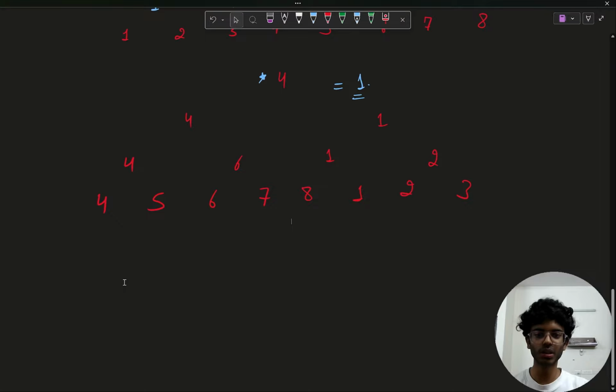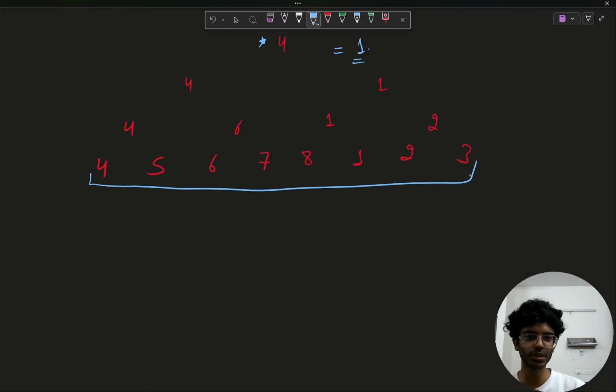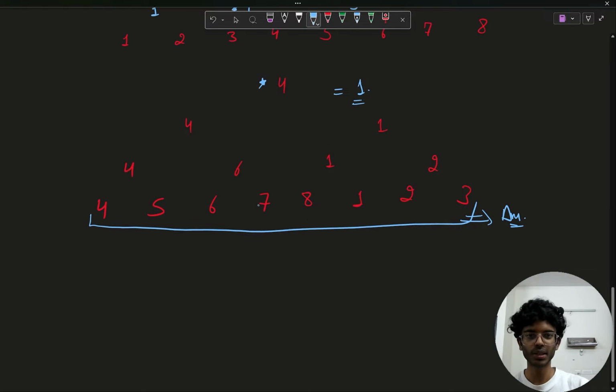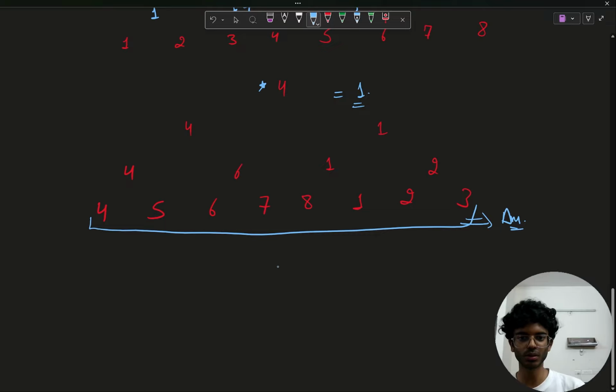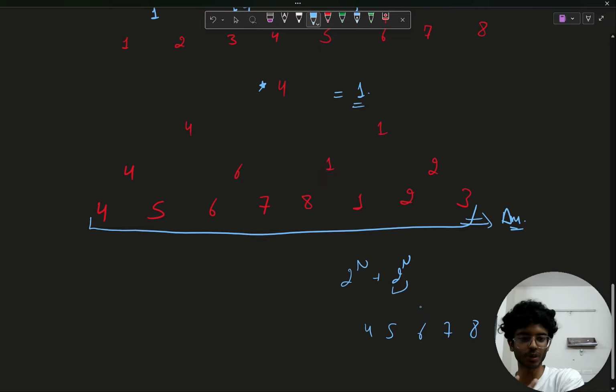Now, to construct the solution, what we can do is we can first of all create this as a computation and this as a final answer, which is very easy to build, right? We can just place 4, 5, 6, 7, 8, and then 1, 2, 3 inside a vector. And once we have pushed them, we'll just create the other arrays. So the overall size of our array would be 2 to the power n plus 2 to the power n minus 1, something like this, right? And in the last 2 to the power n elements, we'll just place something like this: 4, 5, 6, 7, 8, 1, 2, 3. Then we'll just run from back to front and we'll see